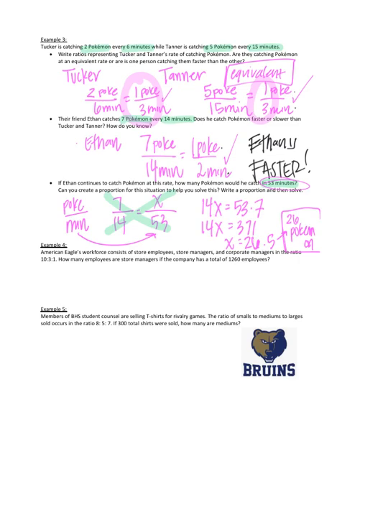So we've got American Eagle's workforce consisting of store employees, store managers, and corporate managers in the ratio 10 to 3 to 1. Now that order is going to matter. Store employees to store managers to corporate managers goes in the order of 10 to 3 to 1. How many employees are store managers if the company has a total of